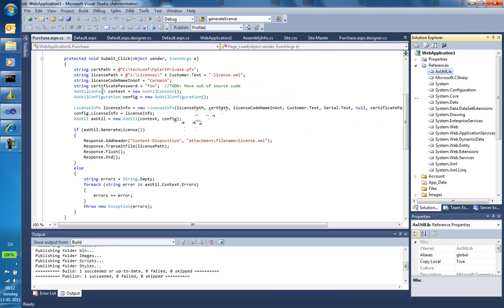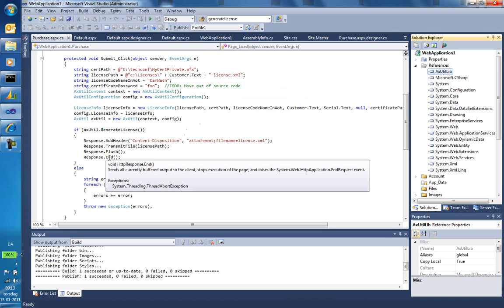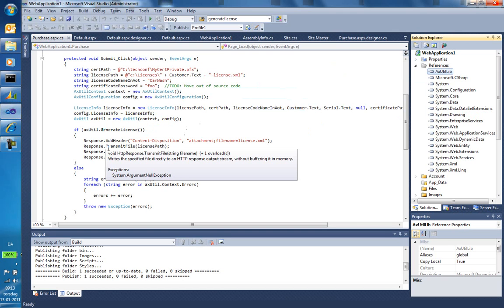And I'm constructing a context and a config and a license info with what the users typed in. And I create a new AX2012 instance and called generate license, which produces a file that I typed into this path. And then I basically just ask the response class to enable